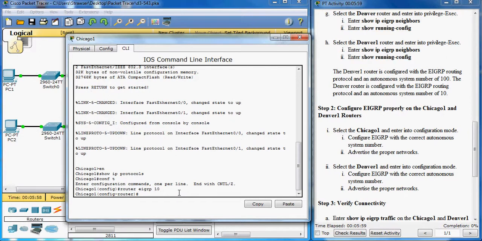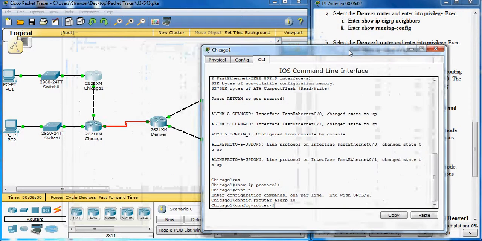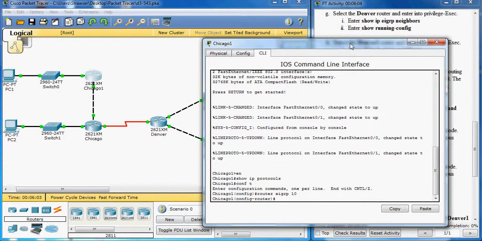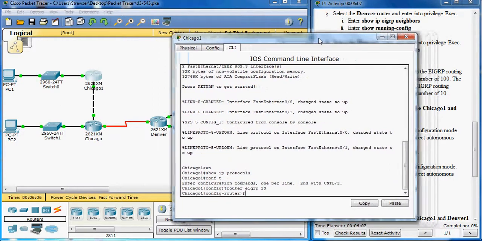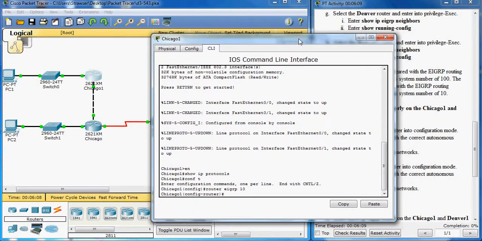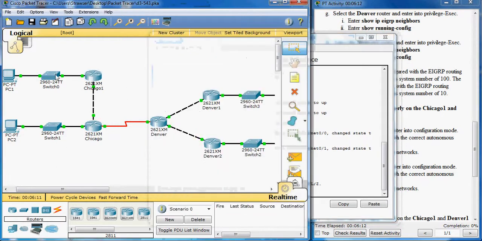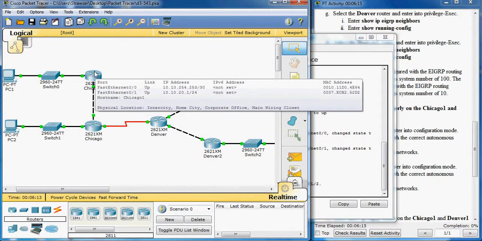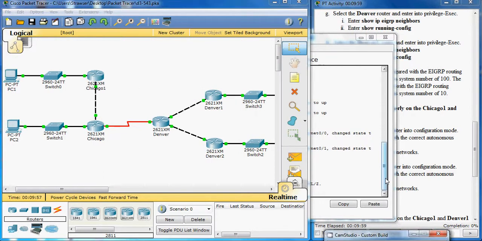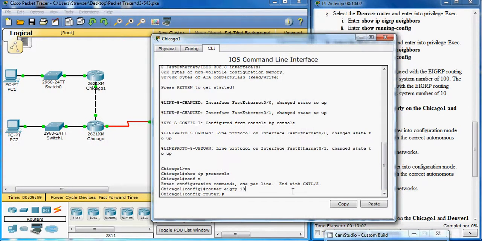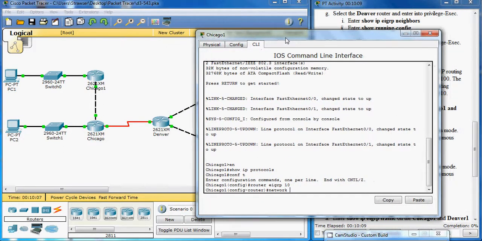And then we want to advertise the networks. So we want to add the network here. And those networks were